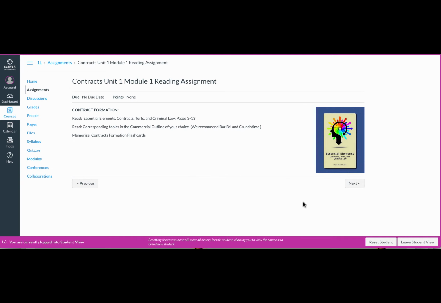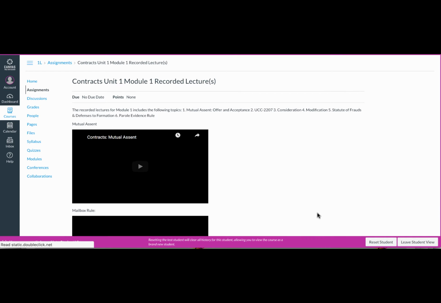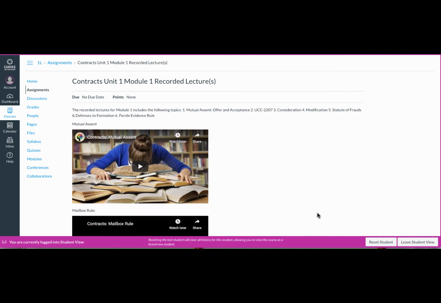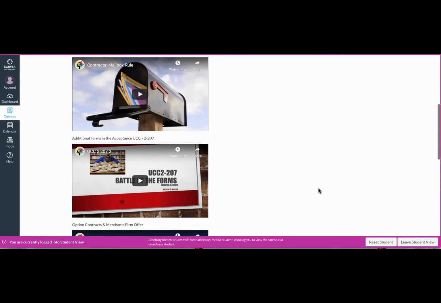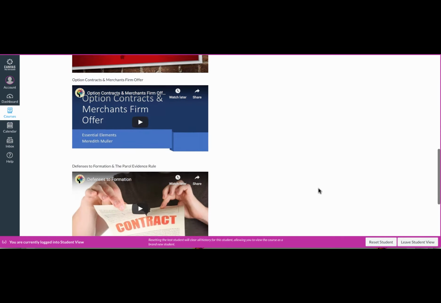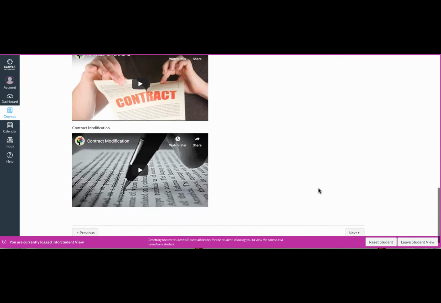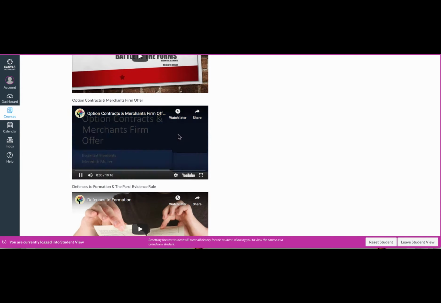So once the student has completed the reading assignment, they go ahead and click Next, and they'll find that they have recorded lectures. These are summaries of each of the major topics. For example, we've got one for mutual assent here. We have mailbox rule, the UCC 2207 Battle of the Forms, option contracts, merchant's firm offer, defenses to formation, and contracts modification. So just so you can get an example of what this looks like, we'll go ahead